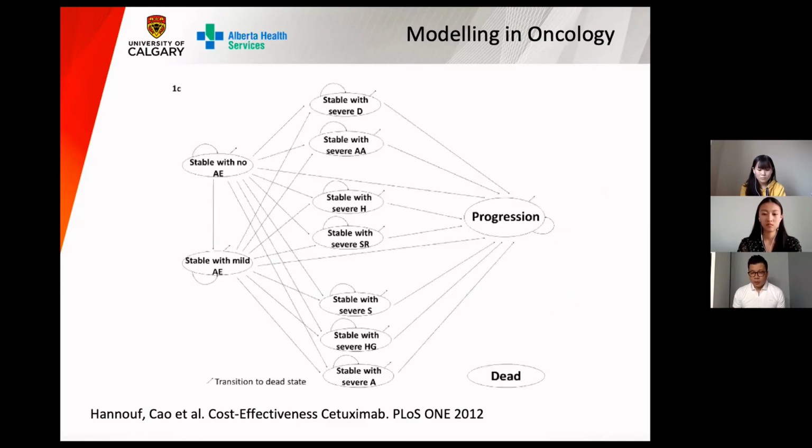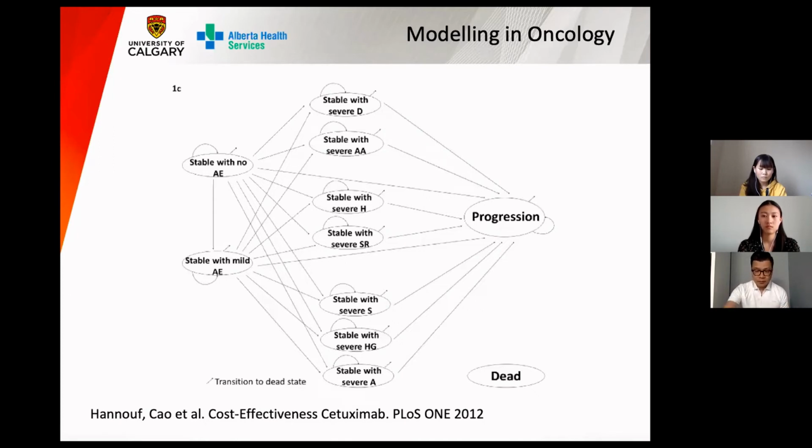But then we want to see what happens when you add this monoclonal antibody called cetuximab, which has been shown to provide a little bit of benefit, but comes with a little bit more toxicity perhaps, and made a bit more of a complex model to understand how you transition from using cetuximab from stable disease to progression, or stable with adverse events or side effects, or death as a final